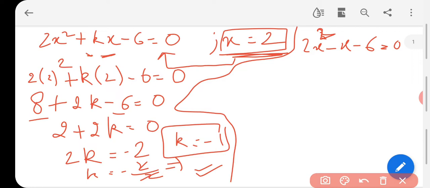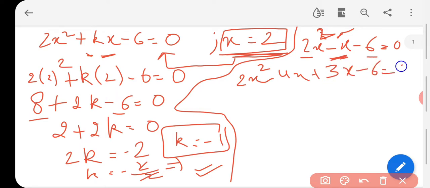Now to find out the other value of x, again we have a first method, that is the factorization method or splitting the middle term, in which we need to split the middle term so that the sum or difference of the two terms is equal to minus x, and the product is equal to 2 into 6, 12. So what are the possible values? 4 and 3. But when we add 4 and 3, 7 will come. We need to find the value 1. So minus 4 plus 3. So the equation is 2x square minus 4x plus 3x minus 6 is equal to 0.